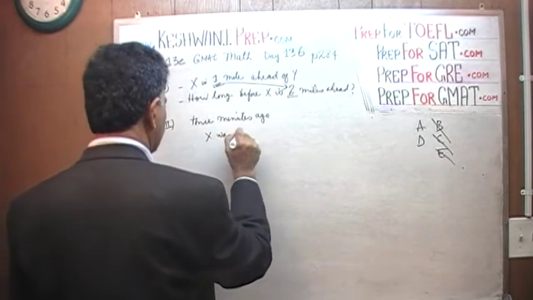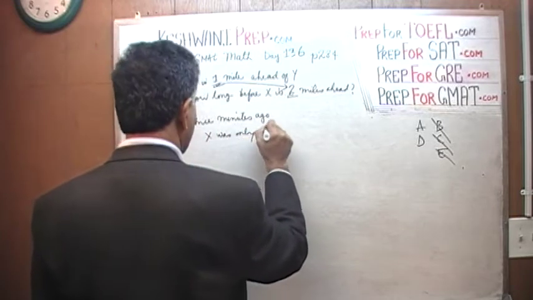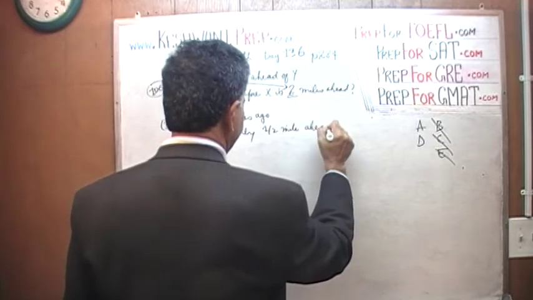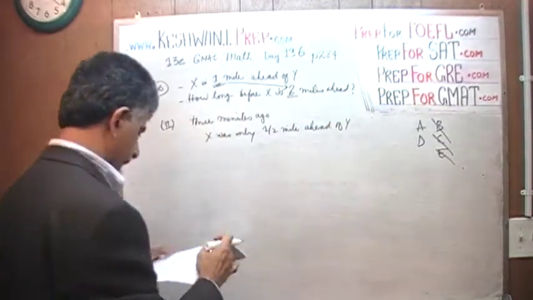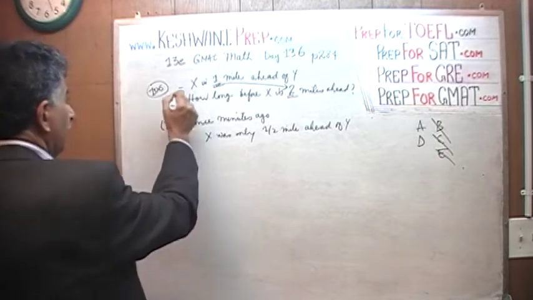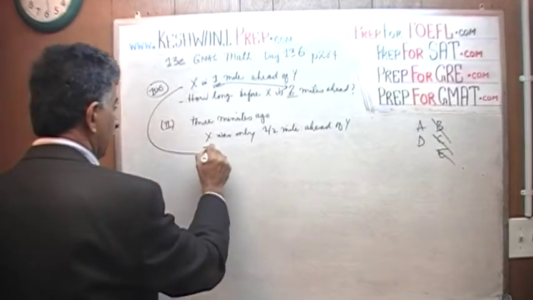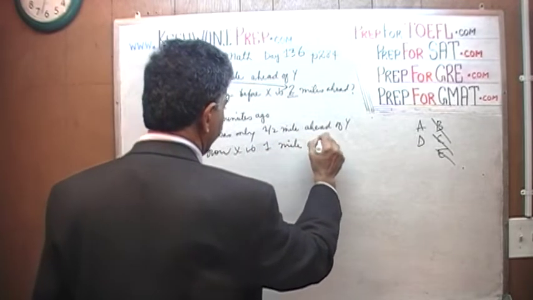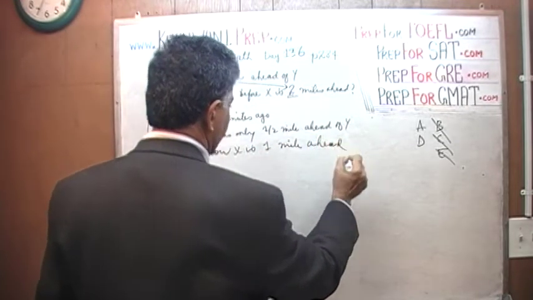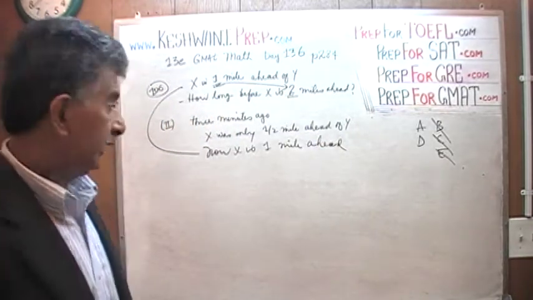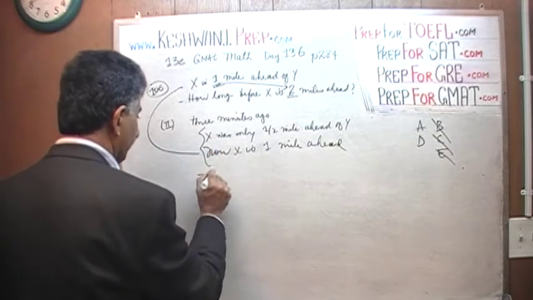x was only half a mile ahead of y. 3 minutes ago it was only half a mile ahead of y. And now we are told originally, now x is 1 mile ahead. Well, if 3 minutes ago he was only half a mile ahead of y, and now he's 1 mile ahead of y, that put together, that implies that